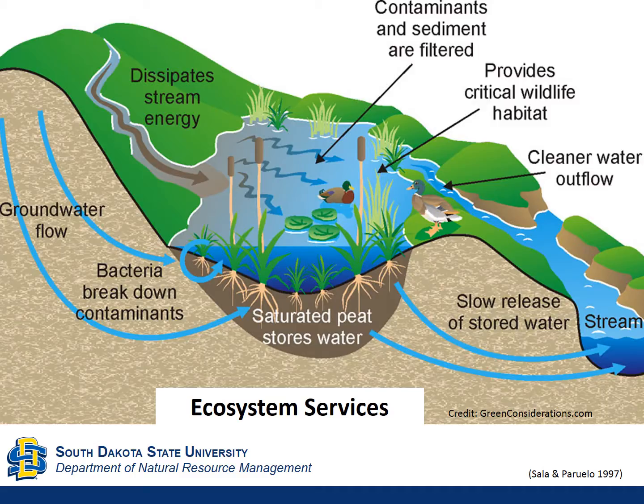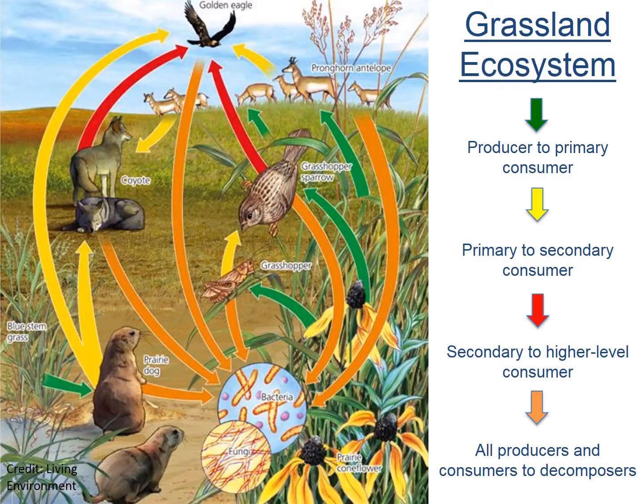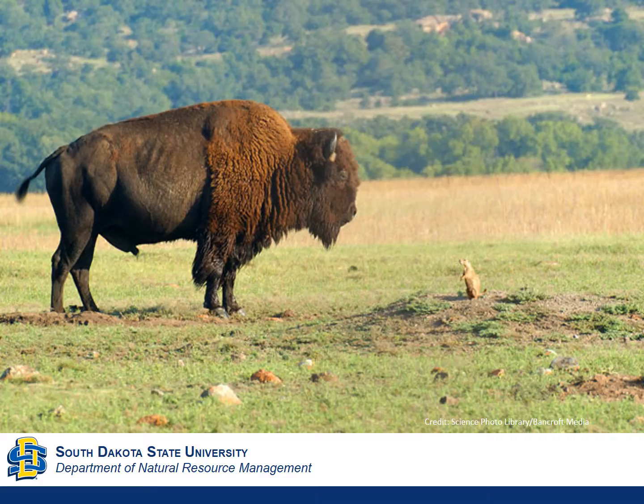Grasslands also provide many indirect benefits to humans in the form of ecosystem services, such as providing clean water and helping to stem climate change through carbon sequestration. The grassland ecosystem is a complex assemblage of organisms. Each organism fills an ecological niche that dictates how the ecosystem functions. Another benefit we derive from the Great Plains is native flora and fauna.